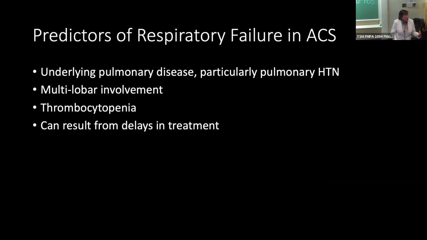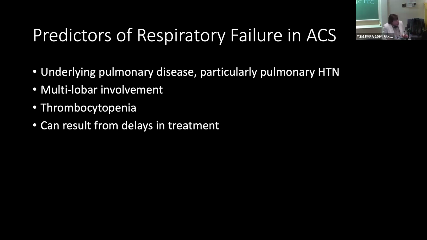But we're intensivists and pulmonologists, so we need to think about who are the people at highest risk for respiratory failure with acute chest syndrome, because those are really the people that are going to end up in the ICU. The people at highest risk are those who have multilobar disease, like this patient, and patients who have underlying pulmonary hypertension. This is a setting where our patients get transient elevations in their pulmonary pressures during acute chest, and for someone who has underlying PH, that's enough to put them into right-sided congestive heart failure. This is one of the ways that our PH patients with sickle cell disease die. So that's also a big problem in terms of respiratory failure.